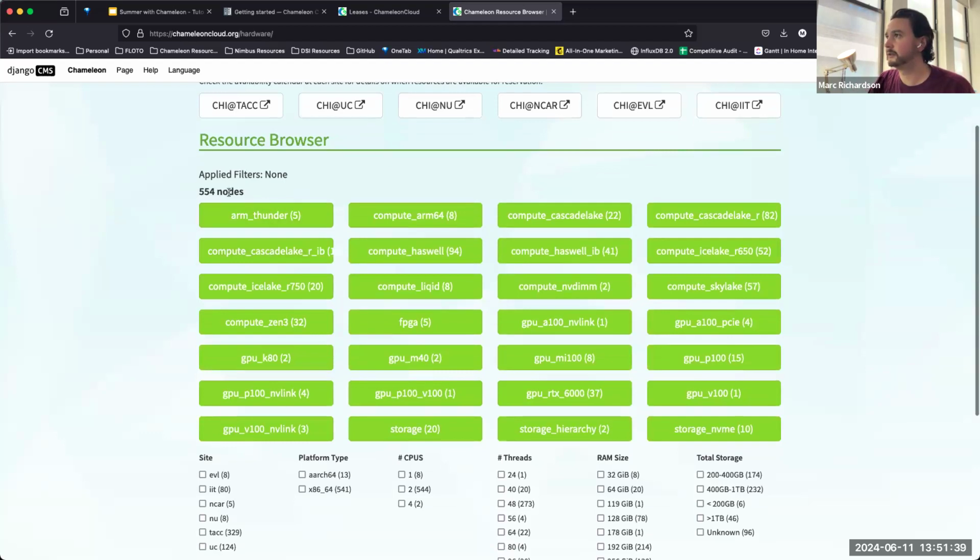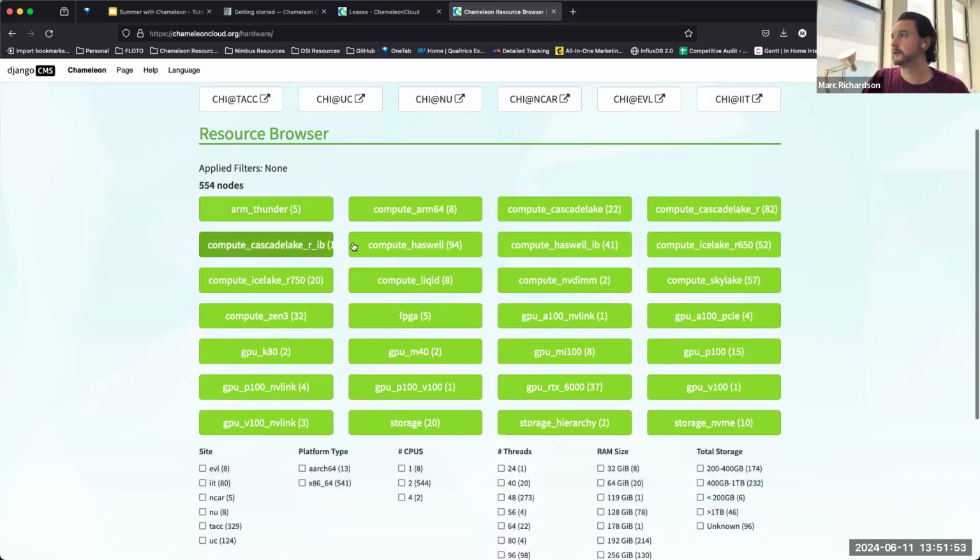As you can see, it tells you at the top how many nodes are available. So there's 554 nodes that we have on the testbed. These are all the general categories or models that you can categorize the nodes under. And then it tells you on the side here how many nodes are associated with each of these classes of